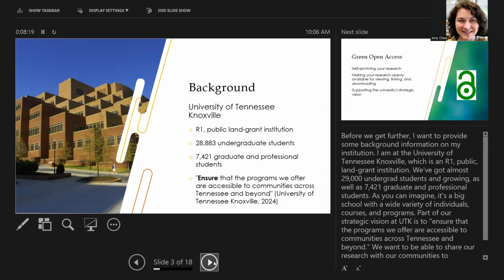So I work with a lot of faculty, staff, and students from all different backgrounds. And as a scholarly communication librarian, my main focuses are to help people get their works published, get their research out there in different ways, whether that's through something like open access publishing or through putting their work in our repository. I also help people with copyright questions.